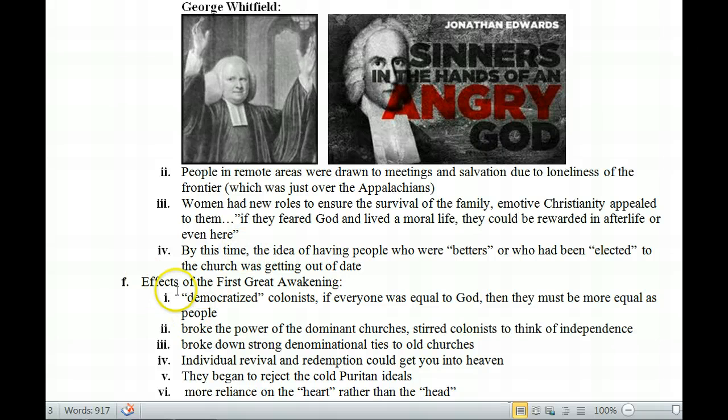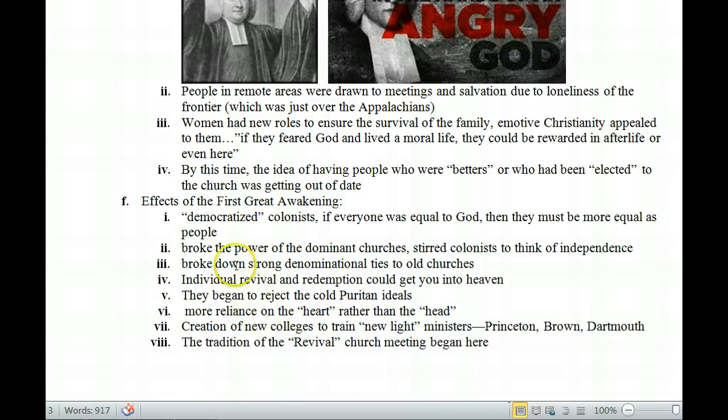Okay, it's down here. So effects of the First Great Awakening. It democratized colonists, which they already kind of were. If everyone was equal to God, then they're more equal here on earth. So, it's just going to kind of fire up this idea of equality and democracy. It's going to break down the power of those dominant churches. The Methodist Church begins to take hold. The Baptist Church starts,